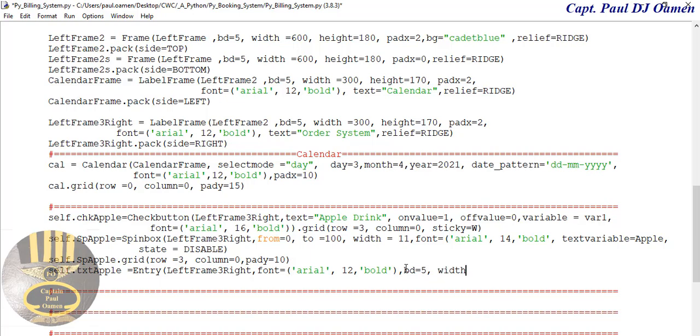Width, I'm going to make that about maybe 30. Yep, 30. Justify. I'm going to make that center. Right. And what about the state? The state, I'm going to make that disabled as well. Grab this, paste it right here. Okay, and